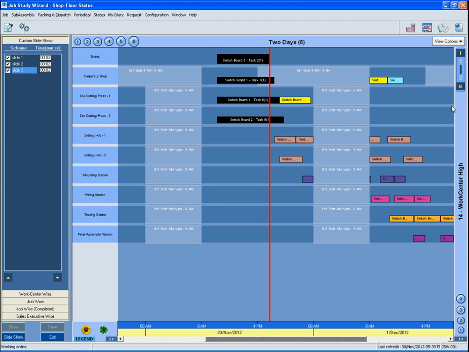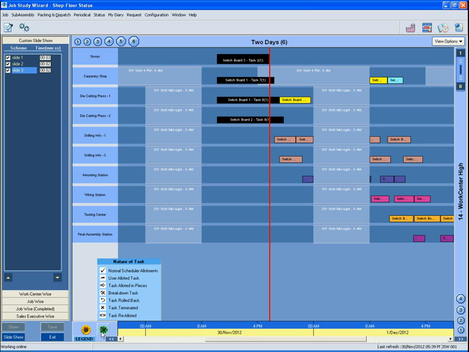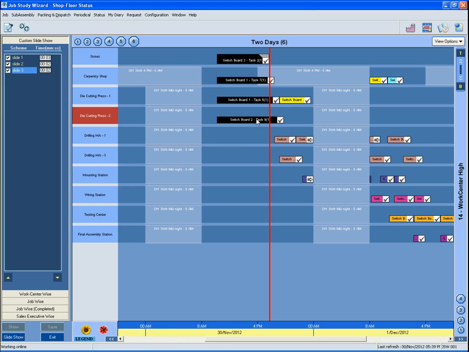Let us now focus on the 2 pretty flowers to the lower left side of the Gantt chart screen. The yellow sunflower is the button that toggles the Gantt chart to full screen or normal screen mode, whereas the green flower, if clicked, will add a symbol to all displayed tasks telling you about the nature of the task and how it was allotted.